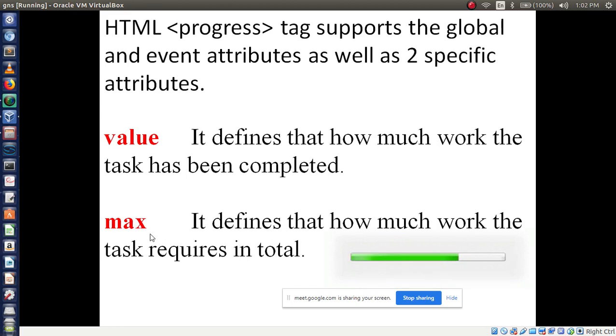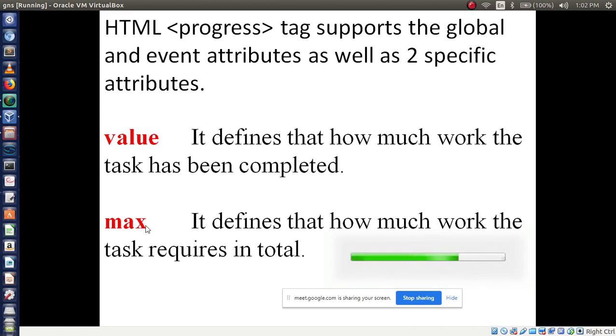So you mention the maximum value, and value shows how much has been uploaded or how much time it is taking. While uploading your file it shows 1 minute, 2 minutes, 3 minutes, right? So we can give that in value, and for max you write 100, so it will display the result after completing.